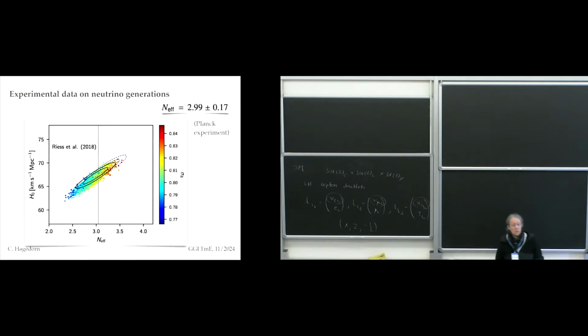There's actually information from a totally different world, if you wish. There's also information from cosmology, because neutrinos are very light on all scales, which we will learn a bit more about in this course.